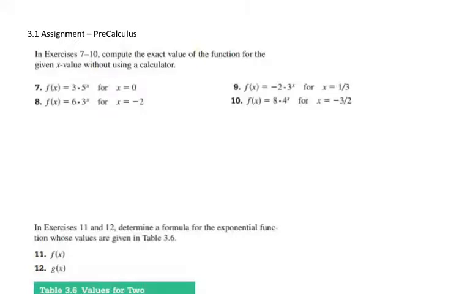Alright, so in number 7 here, we're going to do 3 times 5 to the 0. Hopefully remember that